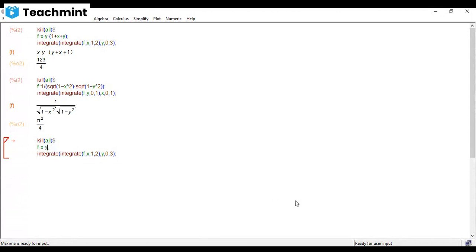Then the next one is x into y plus e cap y. It's a built-in function, so you have to use percentage for that, right? Percentage e cap y. That is your function. First you are integrating with respect to y, so your limit should be for y. Y varying from 3 to 4, and x varies from 1 to 2.